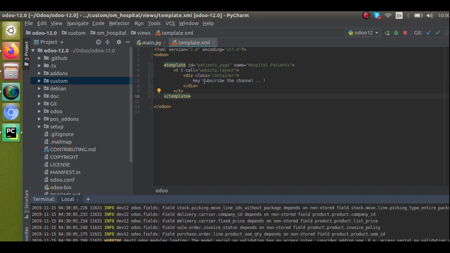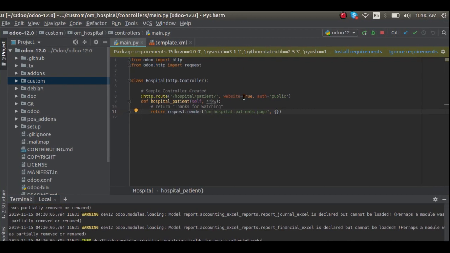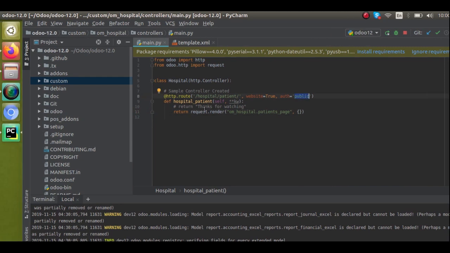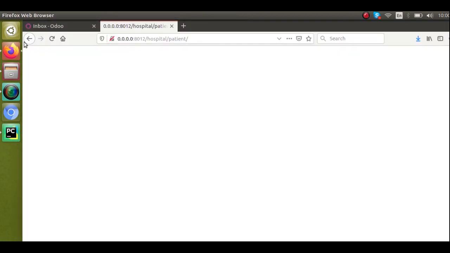So what we have done is we have created a new Python file for defining the controller, that is hospital.patient website equal to true, or this is given as public, and if a function name is given, and from here we have return request.render, a web page is rendered, and in the XML file we have defined the corresponding template. So if I go to Firefox and reload the screen, you can see